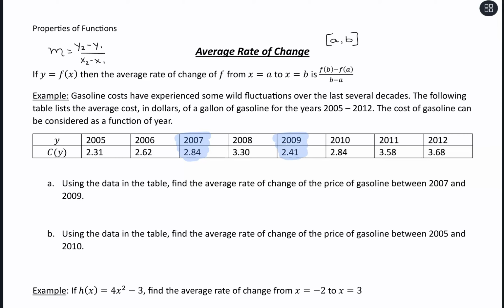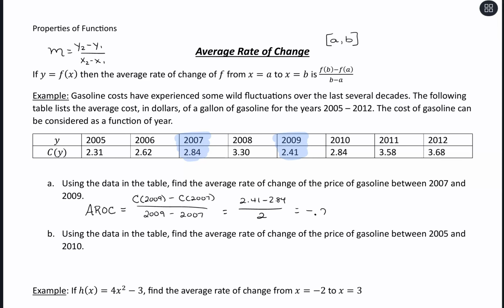So we have these input and output values. So if I want to look at this average rate of change, which for short we can write as AROC, what we'll do is we'll calculate the outputs. So let's say we take the cost in 2009 minus the cost in 2007, and we're going to divide that by the difference of 2009 minus 2007. So we're going to go 2.41 minus 2.84 all over 2, and then we'll throw that into a calculator, and we'll get an average rate of change of